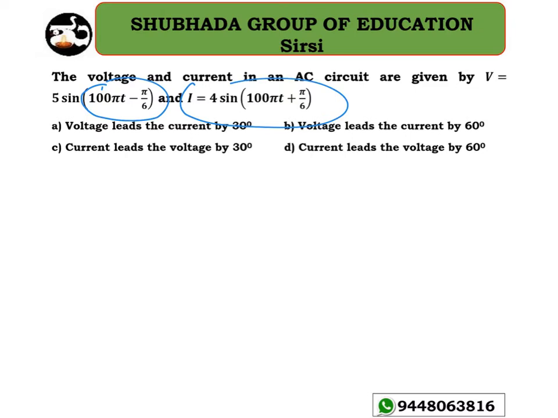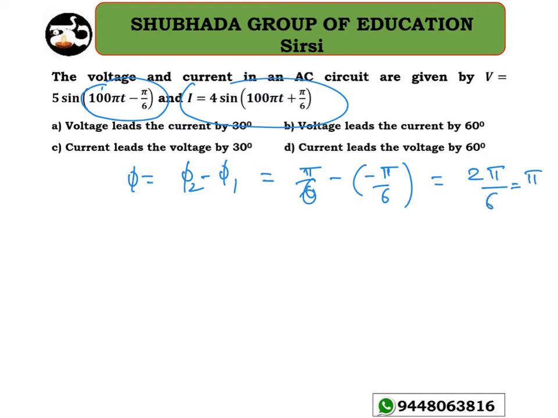They're expecting the phase difference, correct? So phase difference is the question here. Clearly the phase difference phi must be equal to phi 2 minus phi 1 here. So phi 2 is given by pi by 6 minus minus pi by 6 here. So how much will I get? This is 2 times pi by 6, that is pi by 3 here, pi by 3 in the sense it is 60 degree.